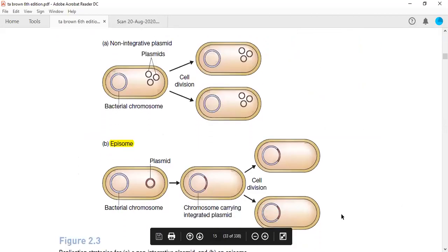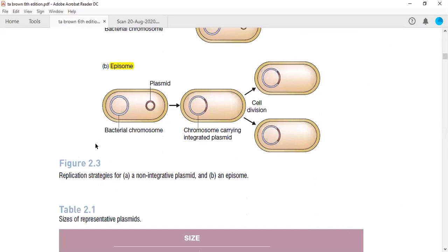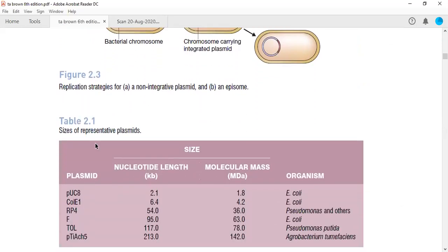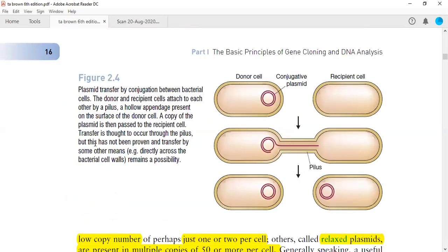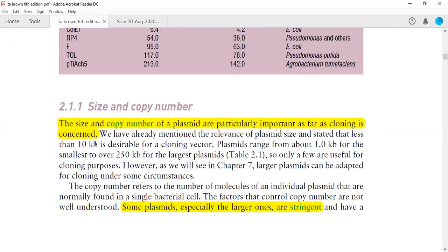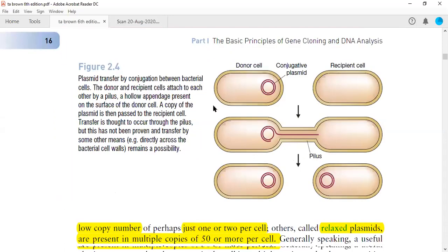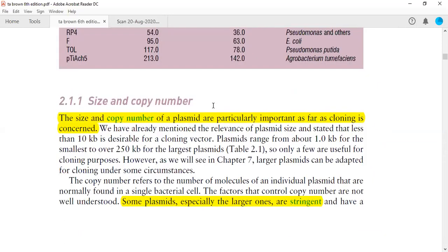So this book is, sorry, I forgot to tell, this is T.A. Brown. It is also written here, if you are able to see this. Page number 13 onwards, this is given. We are not going to discuss all the details given in this chapter, because this book has a completely different perspective. Actually this is a genetic engineering book, and I want to show only some of the diagrams and some important terms which need to be understood for the sake of microbiology. Okay, so we are referring to this particular book.